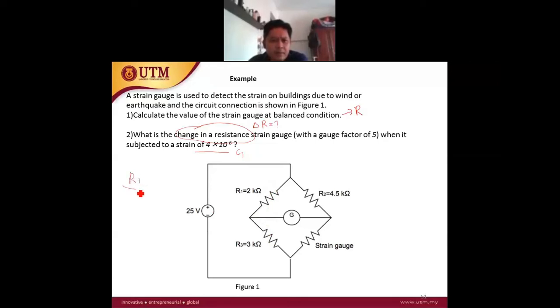Wheatstone bridge: R1 over R2 will be equivalent to R2 over Rg, or the strain gauge resistance. So Rg will be equivalent to R2 over R1 multiplied with R3. R2 is 4.5K, divided by R1 which is 2K, multiplied with R3 which is 3K. So Rg, the default value, is supposed to be